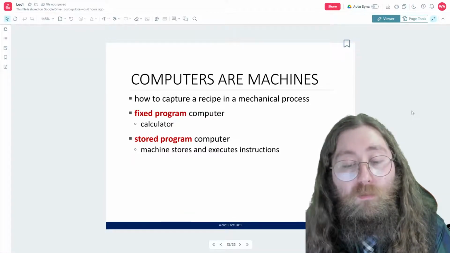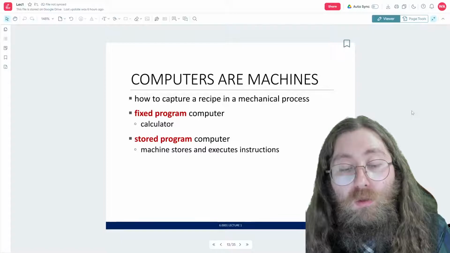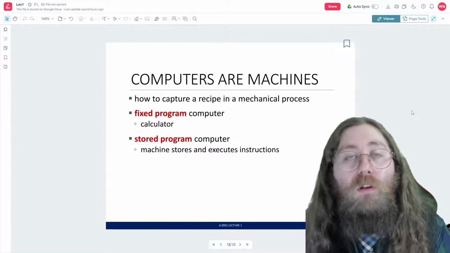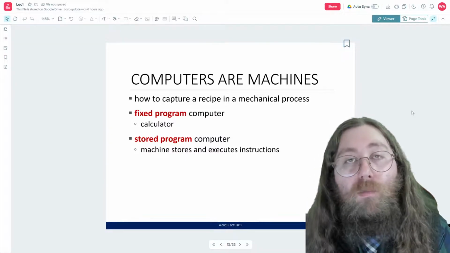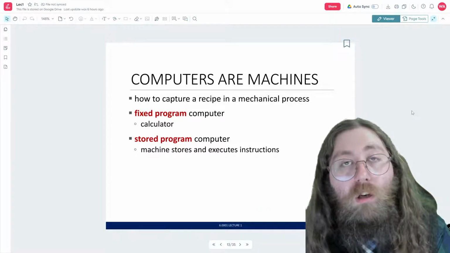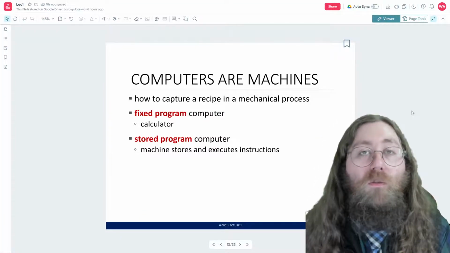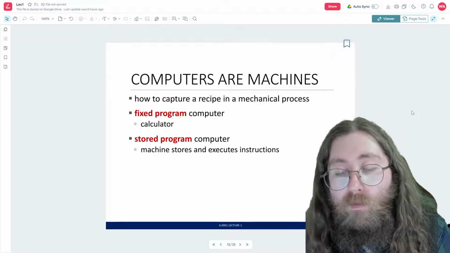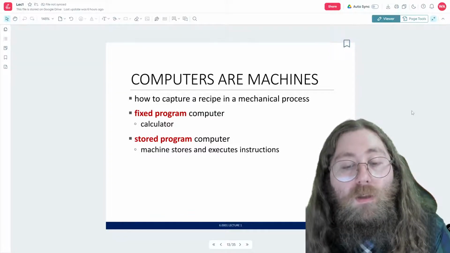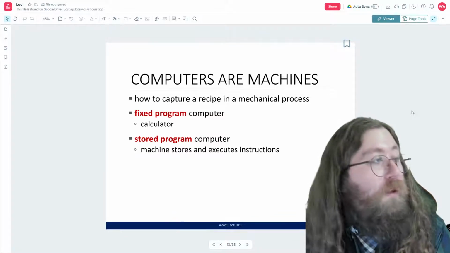Now, stored program computers, these are a lot more flexible. They store and execute instructions, and because we can store new instructions on these computers, we're able to change what they're capable of doing. So just like with your cell phones, right? You can go get a new app, and now your phone will do something totally new, like have a whole new way to message your friends. Or you can go get a QR scanner app, and then now you can scan QR codes, right? So our phones are a great example of a computer and how we can store programs on there to get new functionality.